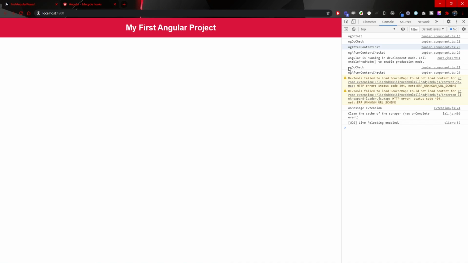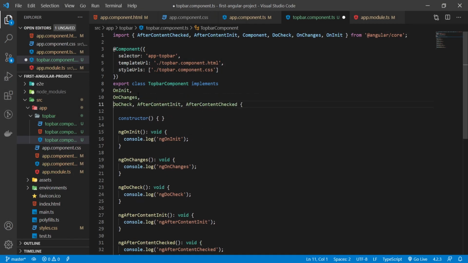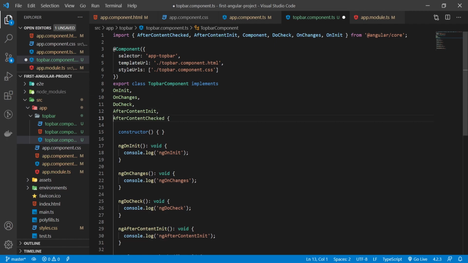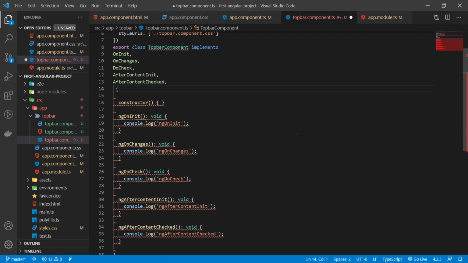So for example, here we are checking with ngDoCheck. Immediately after that, we are running this check once again. Next one, let me move this down a bit, so you could see all of those. So next one that I will use will be